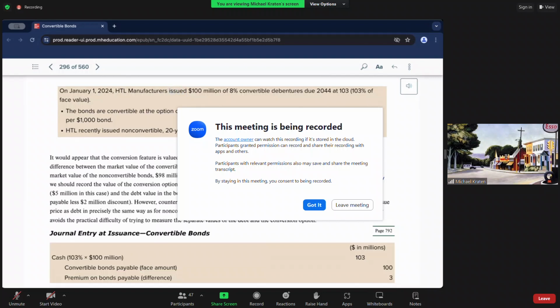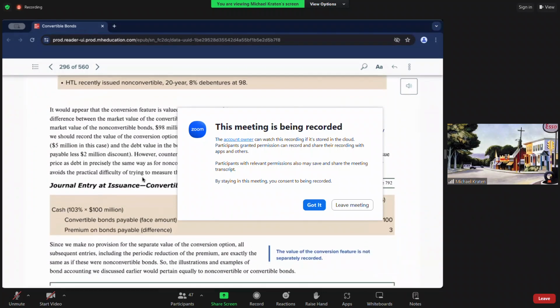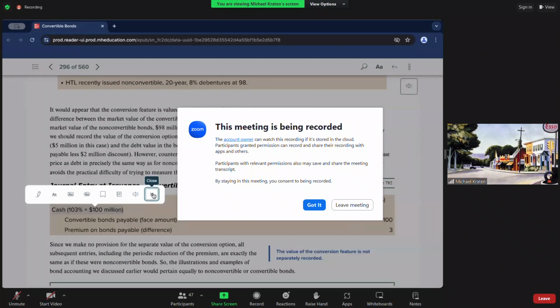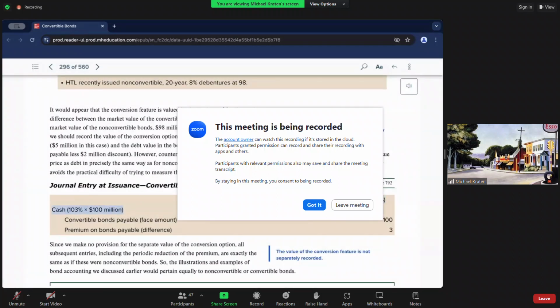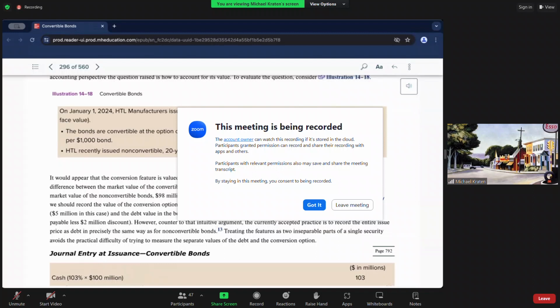When you see that I am lending you money and you see the words "at" and a number close to 100, then the number close to 100, like 103, refers to how much cash, and I'm coming down into the journal entry, how much cash I'm actually getting up front. If the issuance of debt is at 103,